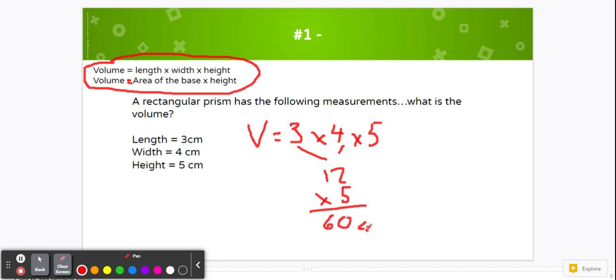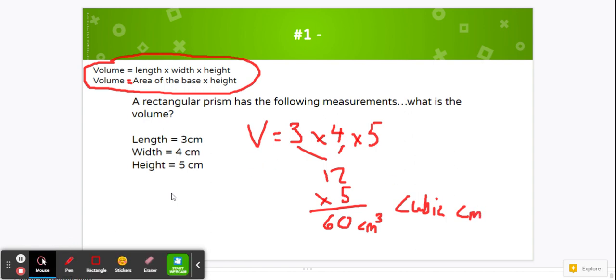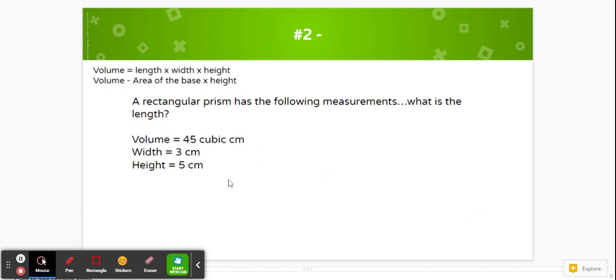So 60 centimeters cubed, or cubic centimeters, we could say. Got to make sure we get our units correct. Cubic centimeters. All right, that's the first one. Let's check out another. Number 2, very similar, but instead of having volume to solve for, we're solving for the